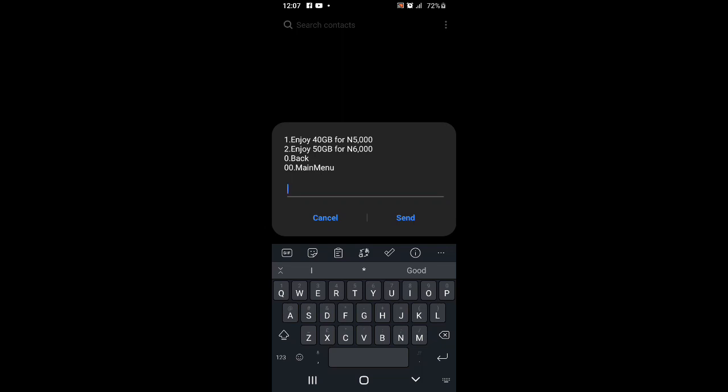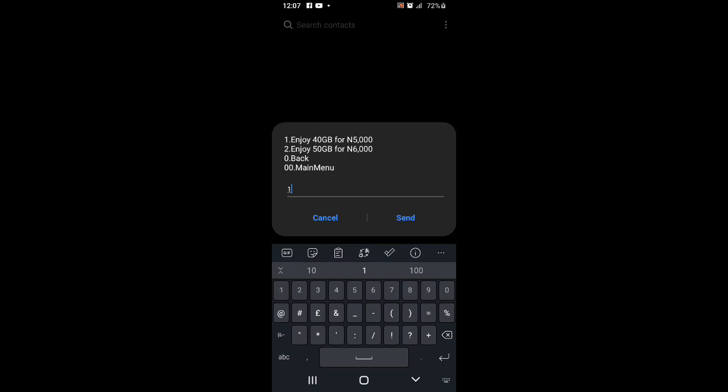So I can enjoy 40 gig for 5,000 naira. I can enjoy 50 gig for 6,000 naira. But if you are just starting out, okay, you are to select the ones that you are qualified for, and as you use it and you subscribe to that, they upgrade you to the next, to a higher data bonus. Okay, so if I want any one of them, I'll just choose one and send, but